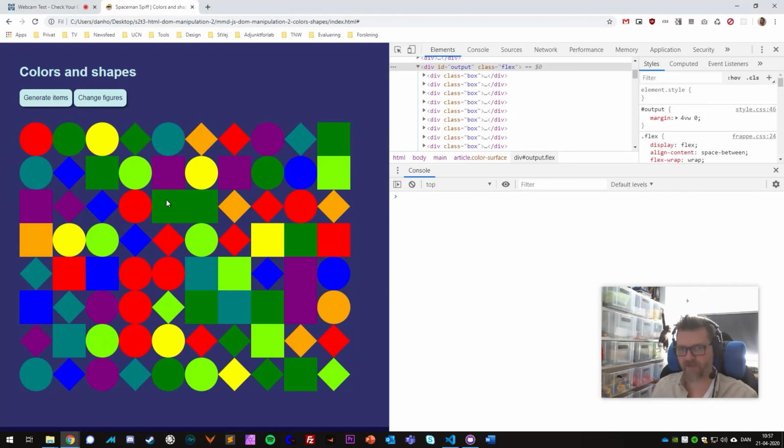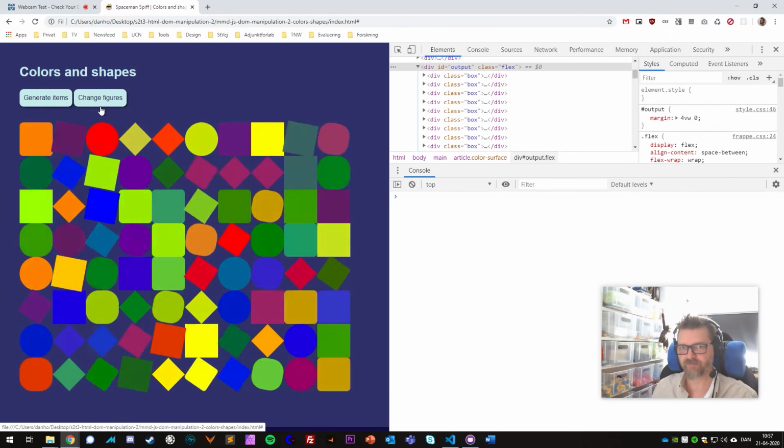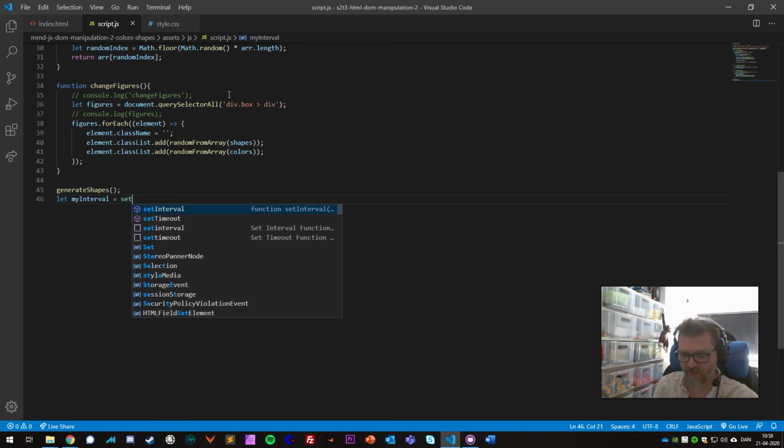But let's say we wanted to do the change figures by itself every second or so. How can we do that? We can use a way of that called setInterval in JavaScript. And how you usually do that is you attach that to a variable so that you can kill that interval again later on. I'm gonna call it my interval. It doesn't matter what name it is. It could be x or blah. And I am going to use the method setInterval,